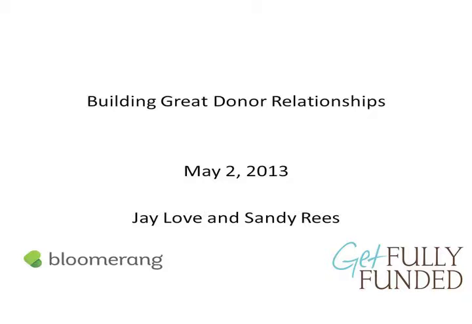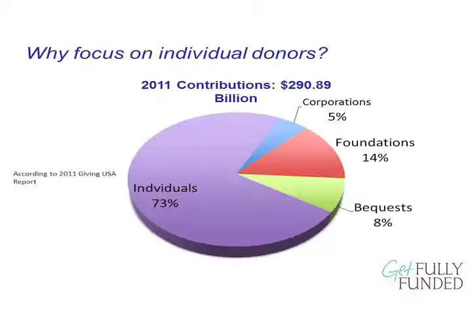A lot of the information that I'm going to share is from a presentation that a client of mine and I did at the AFP conference in San Diego recently, and we talked about individual donors and why you want to focus on that. Every year, Giving USA does a study that shows us how much money is given in the United States, where it comes from and where it goes. What we know very consistently from that information is that about 75% of all the money that's given comes from individuals. It's just people. It's not anything fancy. It's just people just like us.